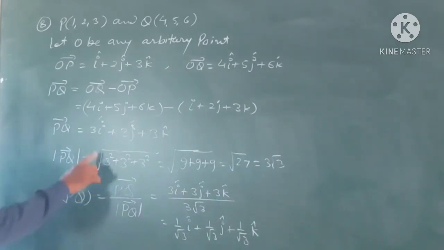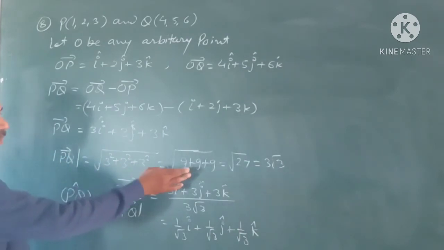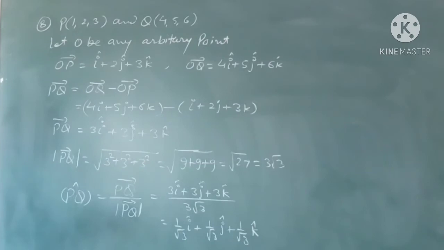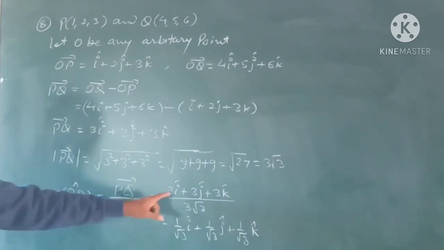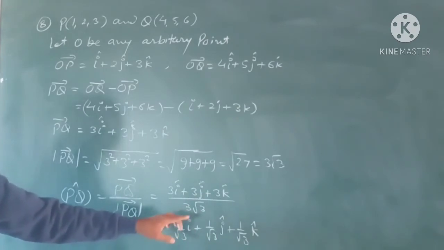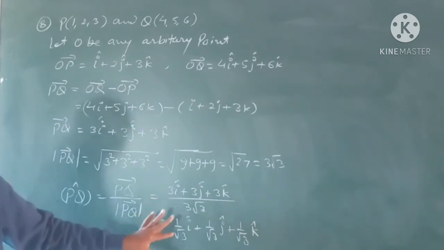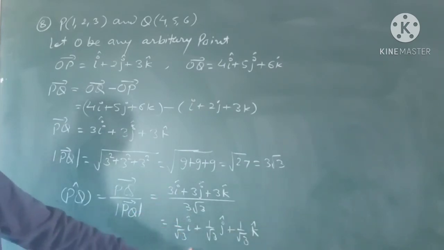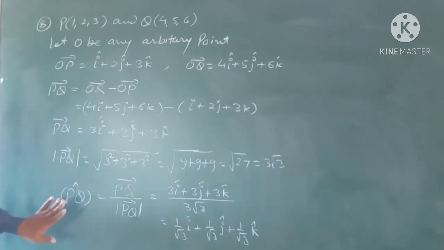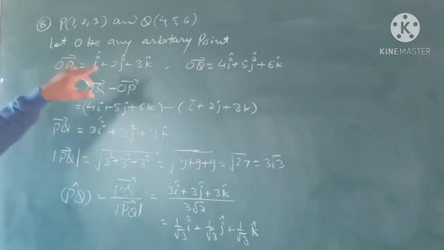Now, since we have to find the unit vector, find its mod value. So mod of PQ means under root 3 square plus 3 square plus 3 square, that is 9 plus 9 plus 9, that is under root 27. Under root 27, it means 3 root 3. Now, the unit vector in the direction of vector PQ, which is PQ cap, is vector PQ divided by mod of PQ. So vector PQ, which is 3i, 3j and 3k, divided by 3 root 3. Separate all three terms, it means 3 divided by 3 root 3. So 3 cancels out, only 1 by root 3 remaining. So here 1 by root 3 i cap plus 1 by root 3 j cap plus 1 by root 3 k cap. This is the unit vector in the direction of vector PQ.